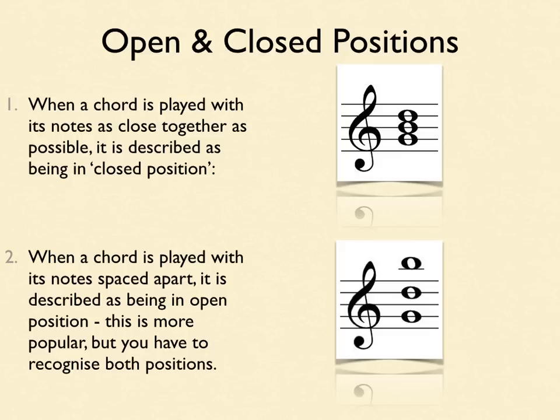Okay, so that's what open position would look like. You can see that between your G and your D there's no B, so there's a bit of a gap, there's a space there, and also between D and B there's a gap, and there's a space there as well. So hopefully you're able to see the difference between open and closed positions. Closed position is probably more